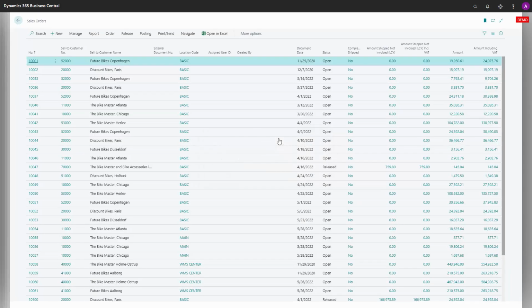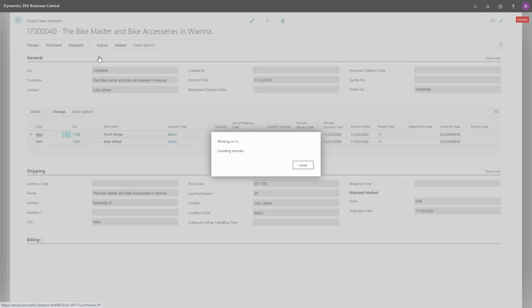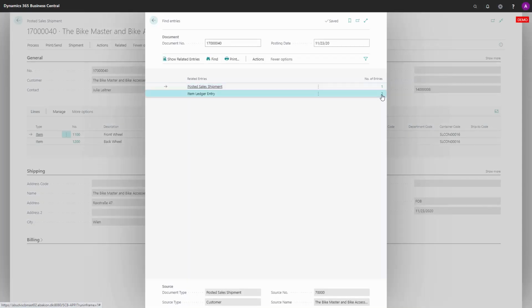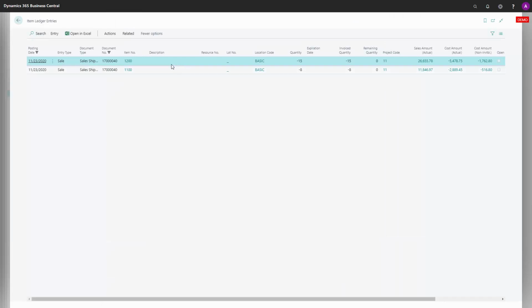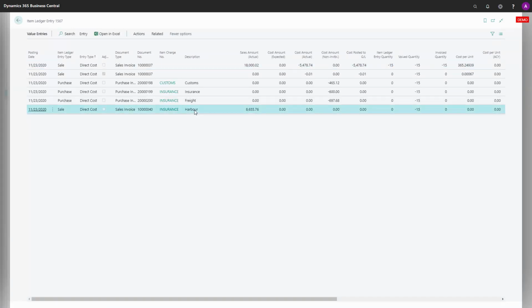not opening it. And now I would have expected it to add, of course, a posted sales invoice that the customer needs to pay, but also when I'm looking at one of my posted sales shipment entries on this posted sales shipment, drilling down into the item ledger entries, and they should all be affected, meaning I could just take one of them, looking in the value entries, and now I have some harbor sales amount on this entry that I've applied, but I've applied it from a sales invoice, meaning a reverse way around. And this is applied to all the item ledger entries on this container.